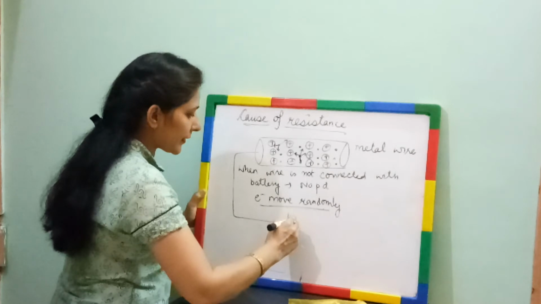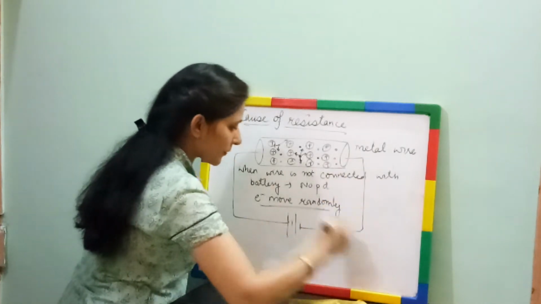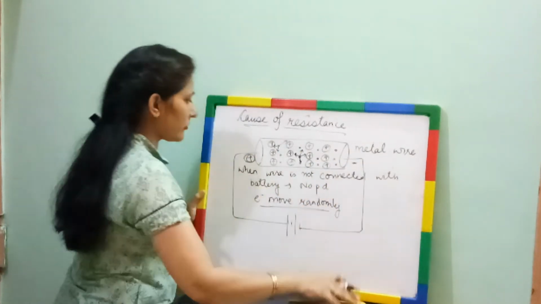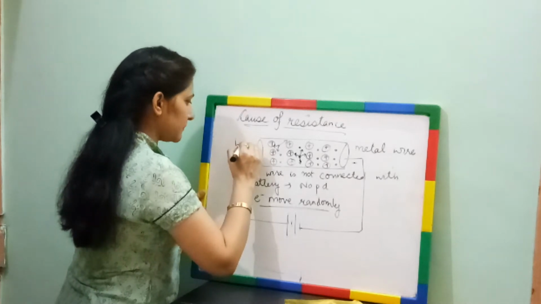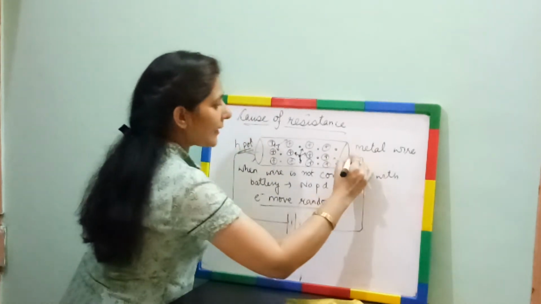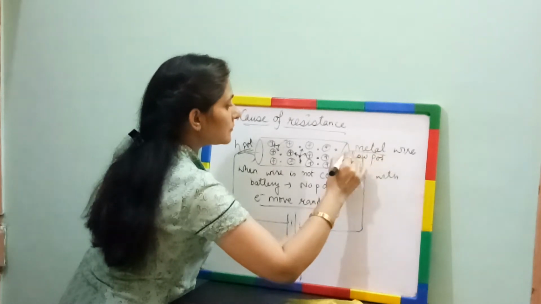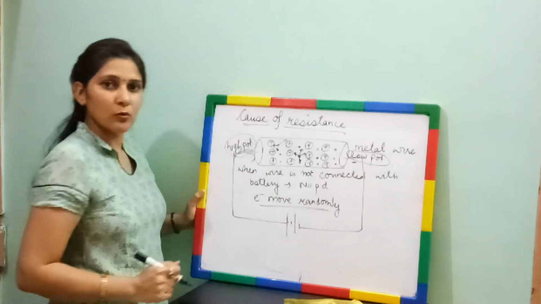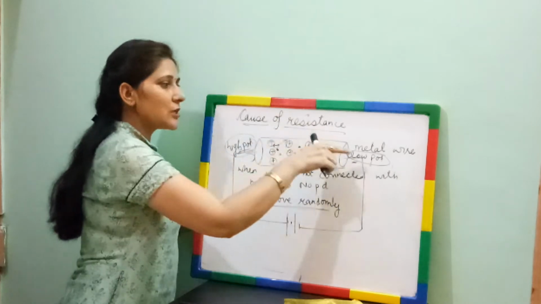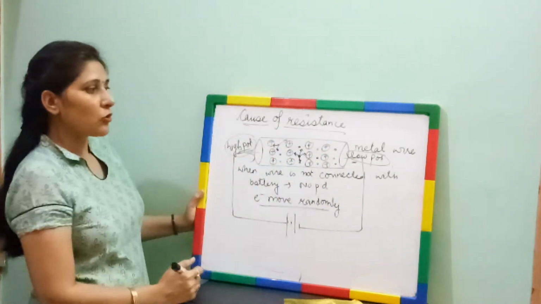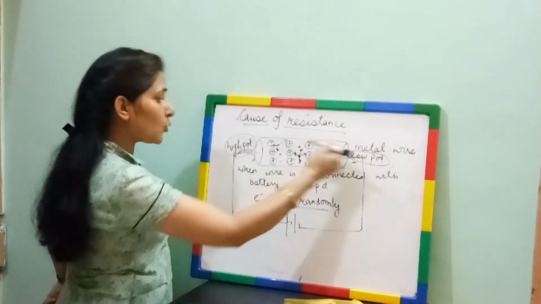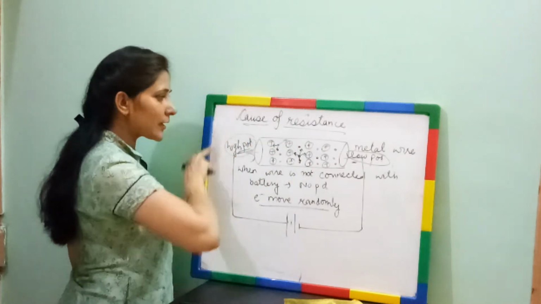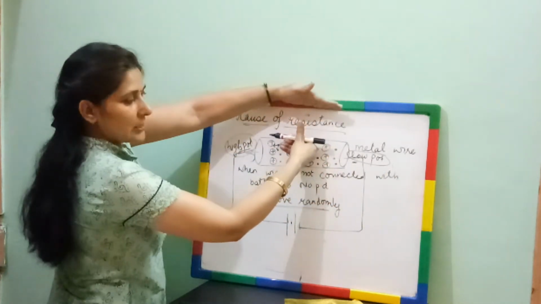Suppose this is the metal wire, I am connecting it with a battery this way. Now what happened? This is the positive terminal and this is negative, or I can say this is high potential and this is low potential. As we studied just now, the charge will start flowing from high potential to low potential. But if we are talking about electrons, electrons will be attracted towards high potential. Electrons will move here, and always what do we consider the direction of current? Opposite to the electrons. Electrons are coming this way, so we will take the direction of current this way.